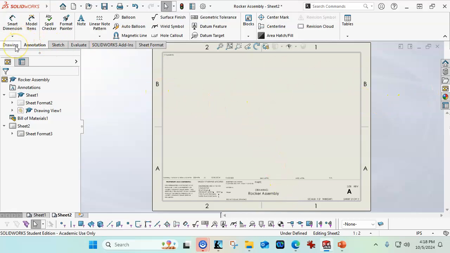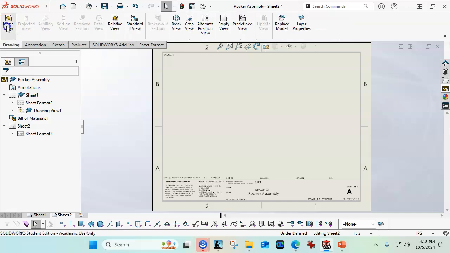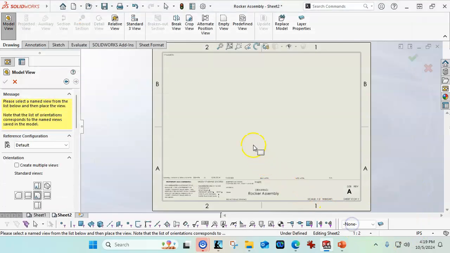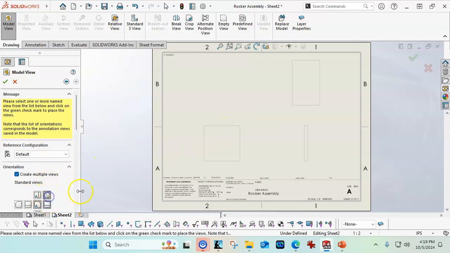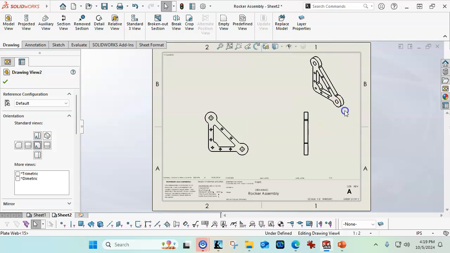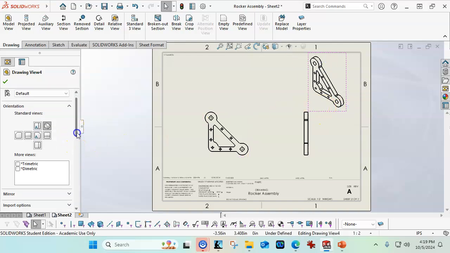Let's go over, we did the view palette for the first one. Let's go back to the model view, and I will browse for the plate. Realistically, I need a front view. I'm going to create multiple views. So I need the front view, the right view, and an isometric. The isometric could be a little bit smaller,